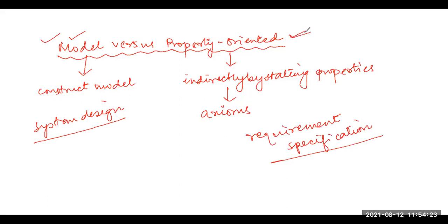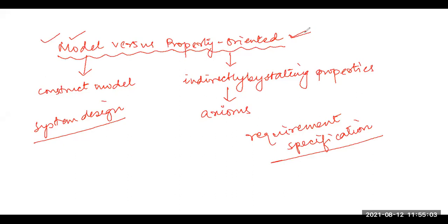And the reason for this distinction is that you use the model oriented approach if you want to design something, and the property oriented approach if you want to specify the requirements. Why I am saying this is that property oriented approaches specify a system behavior not by what they say about the system, but by what they do not say about the system. So property oriented specifications permit a large number of possible implementation scope.